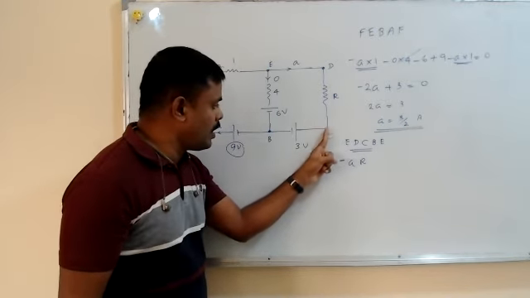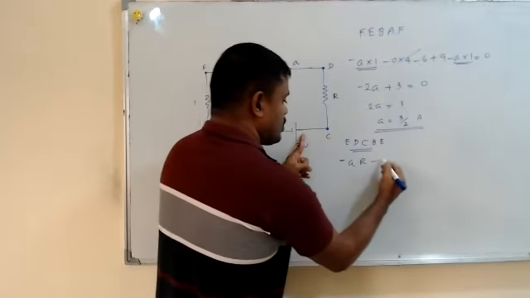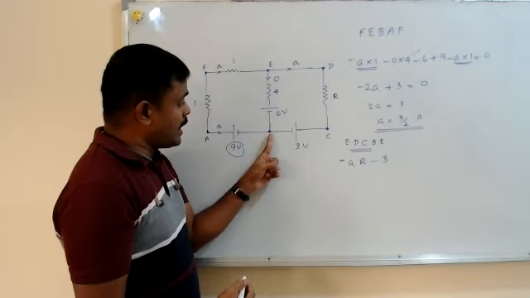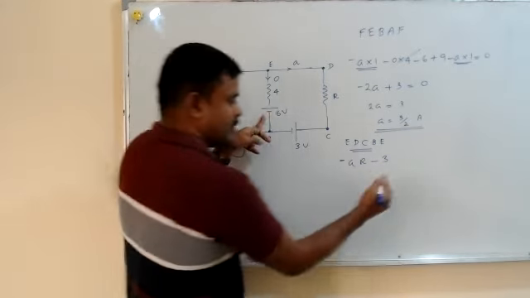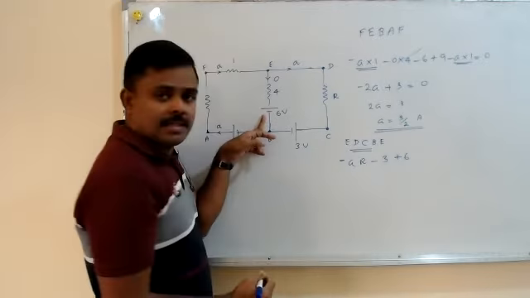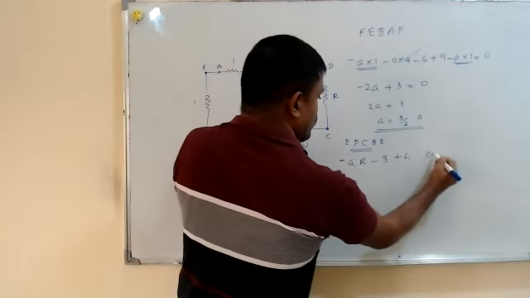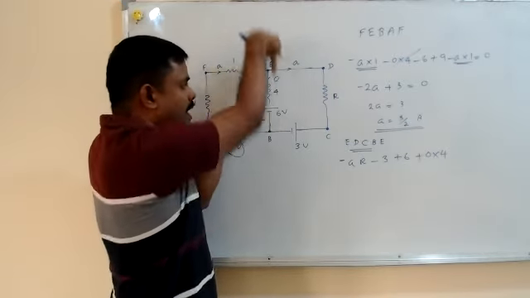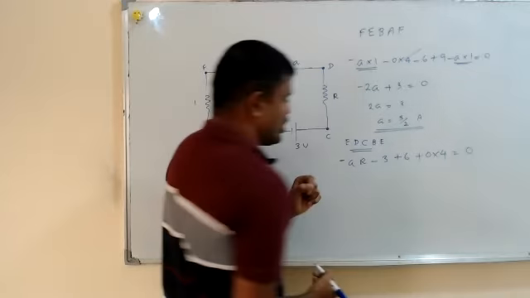Then as I walk along, I see the cell. Cell's positive, so I should be writing minus 3. Then I enter here and move upward in this direction, right? I see the cell's negative. Negative means plus 6. Then there is a current and resistance here, 0 and 4. 0 into 4, but it is plus, because I was walking in the upward direction, the current was coming in the downward direction. Now that I've reached E, I can close my equation.